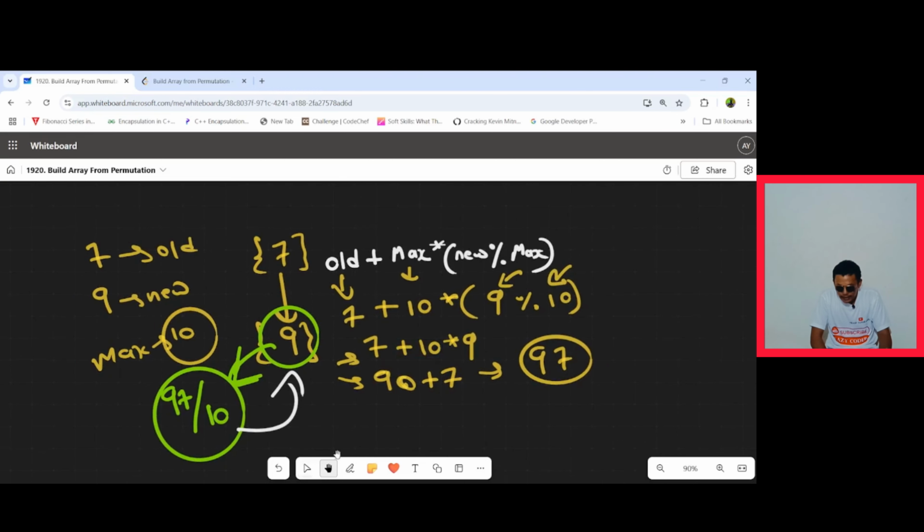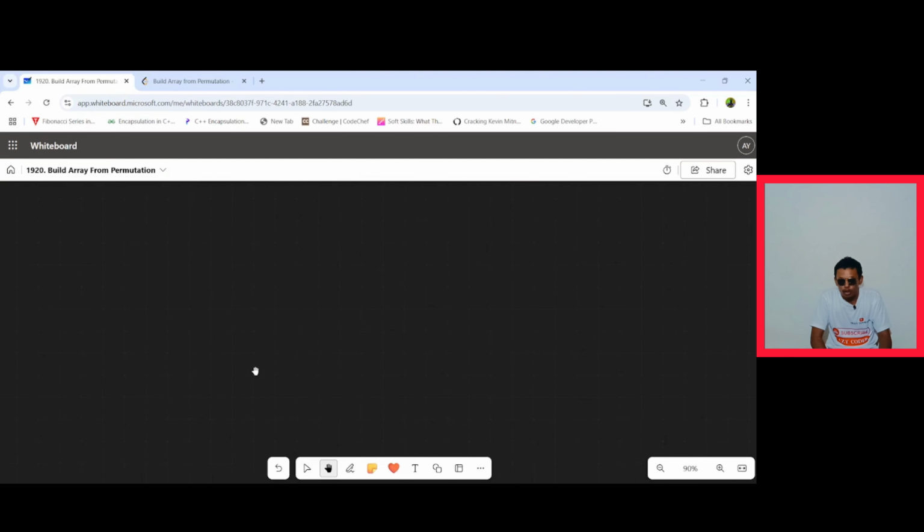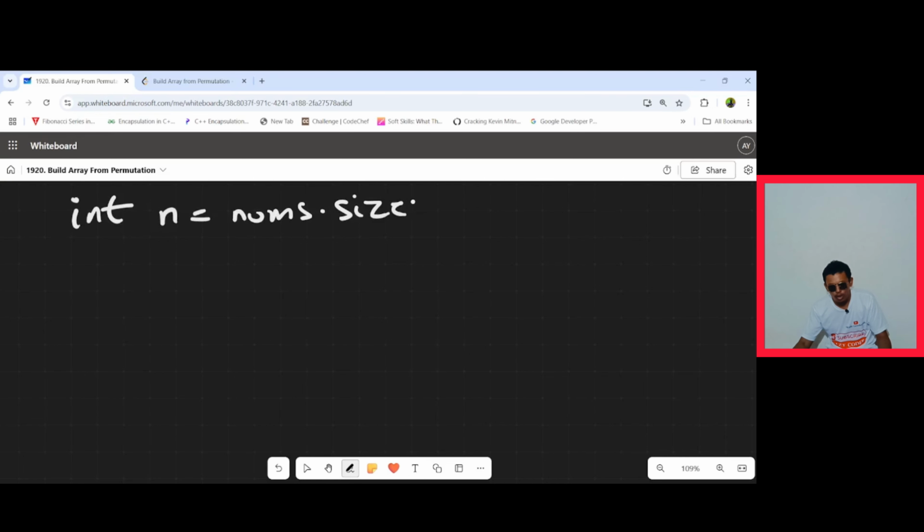So now in the same way, as usual we know that the first line of code is going to be int n is equal to nums dot size. This is going to be the first line because it is related to arrays, and wherever the problem is related to arrays, this is going to be our first line. And now what are you going to do?